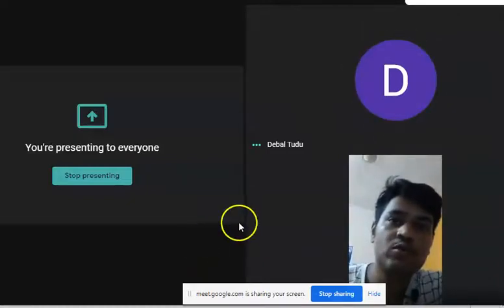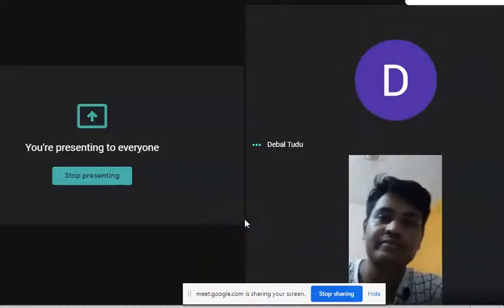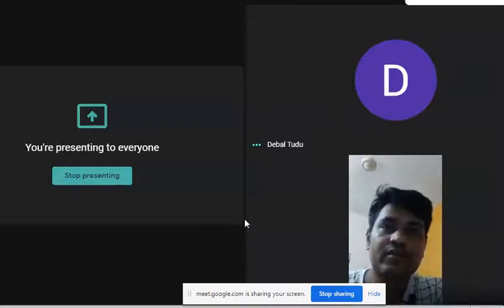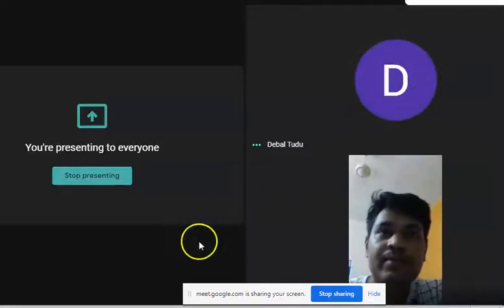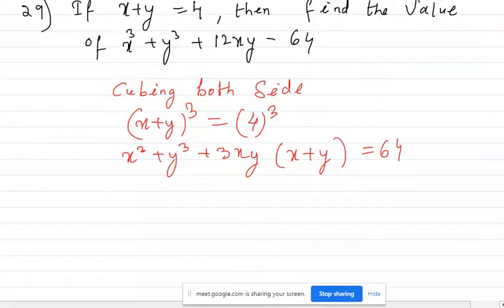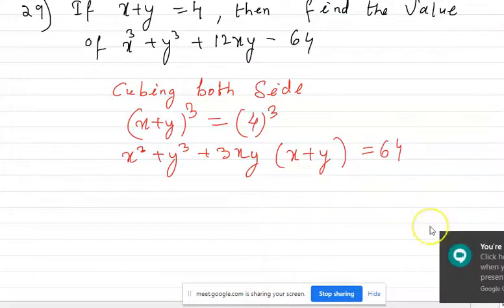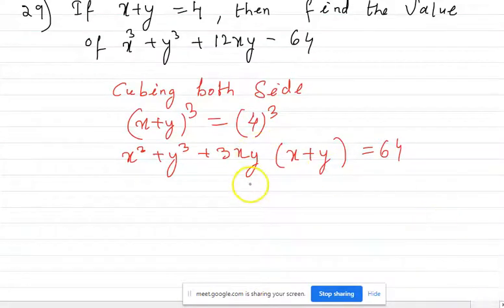We'll do cubing both sides. If you do cubing both sides, then you can see what I'm telling you here. Yeah, I'm doing cubing both sides. So x plus y is equal to what? 4, given. So I write here x cube plus